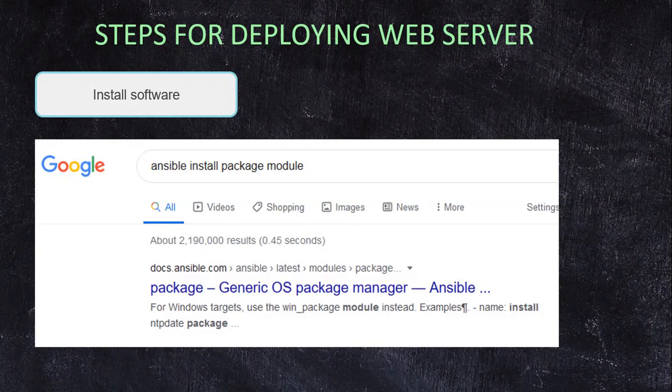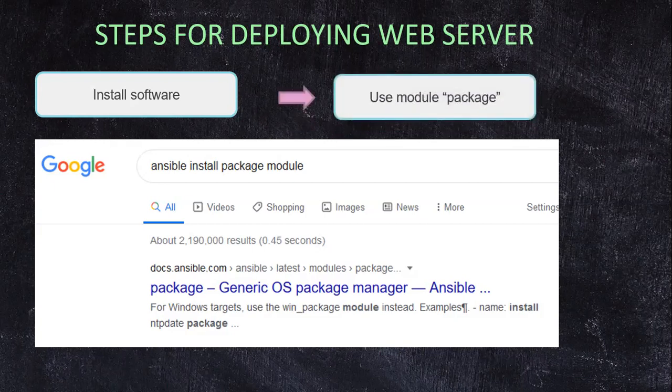Whatever you are trying to achieve, it has an intelligent module available for you to achieve that. So in order to install a package or a software, I'm going to use a module called package. So this is helping me fix my first step.